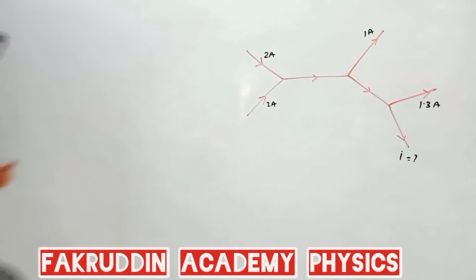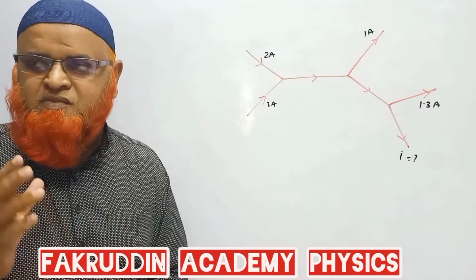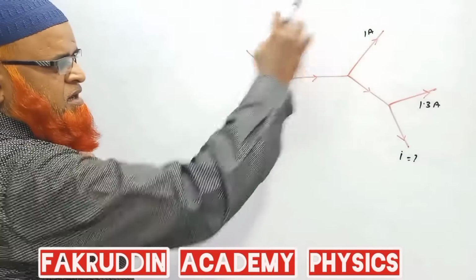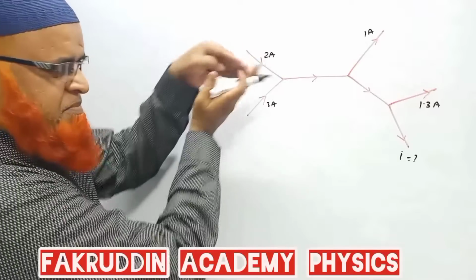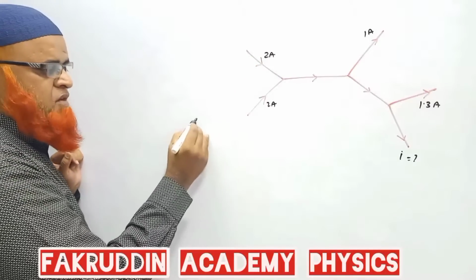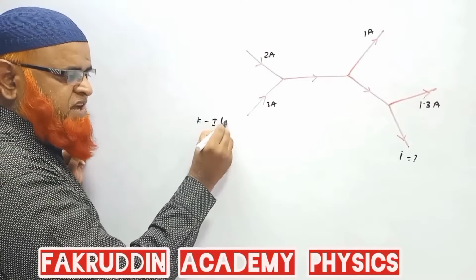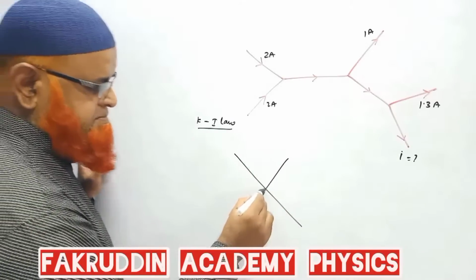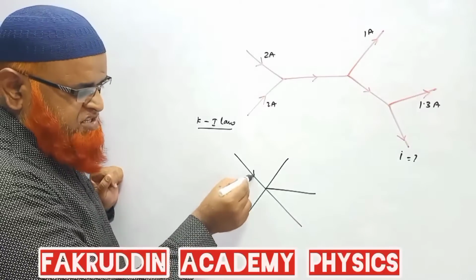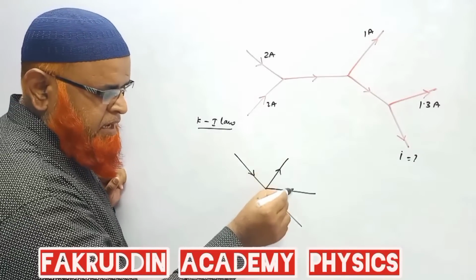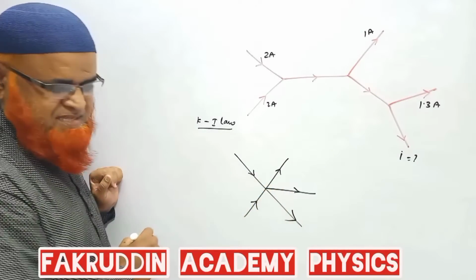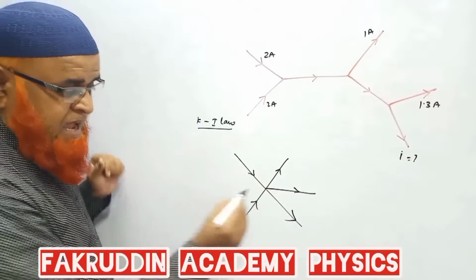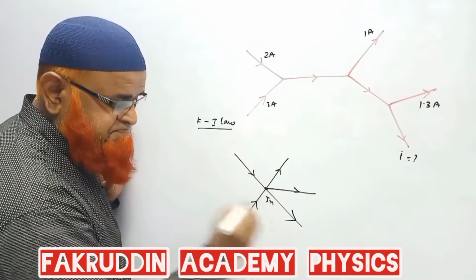Okay. So this problem is based on Kirchhoff's first law. If you understand Kirchhoff's first law, it is very easy to do the problem here. So 2 amperes of currents are meeting here. Let us see what happens. For that you should know the meaning of Kirchhoff's first law. So for this I am going to draw one circuit here. Let us imagine there are nearly 4 wires. You are going to observe these are almost 5 wires. And this is called a junction.